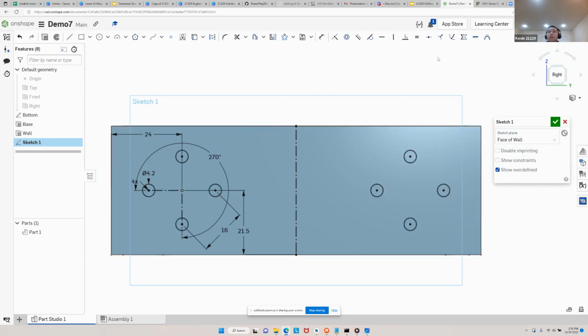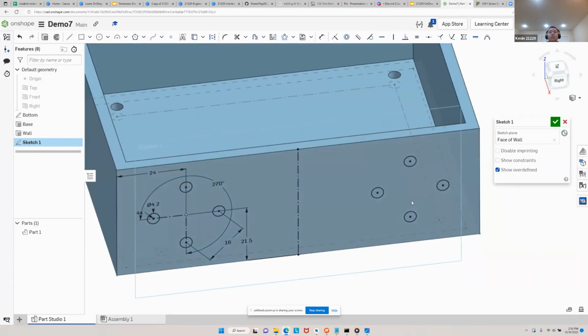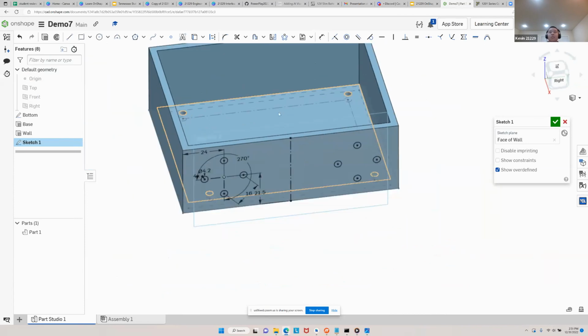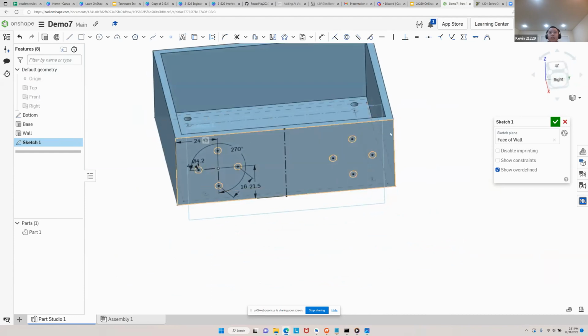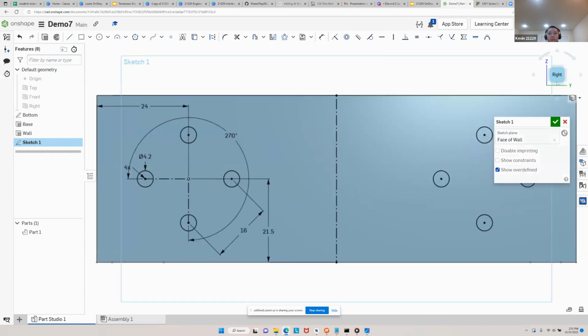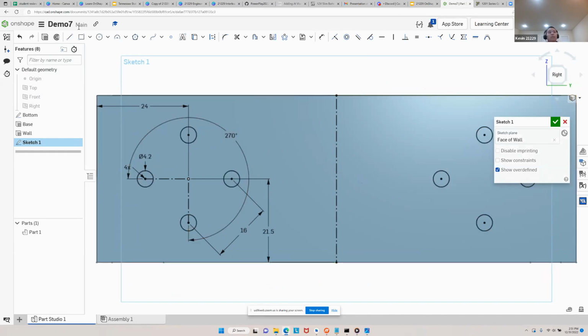Okay, now I'll move on. So I want this thing to go through a slot in this battery box so it can wrap around the battery and secure it. So the battery won't be jumping around in the battery box every time our robot collides with something. To do this, I need to make a line and I can use the slot tool to turn that into a slot. First, we can select the line tool